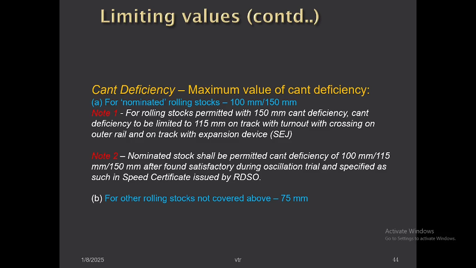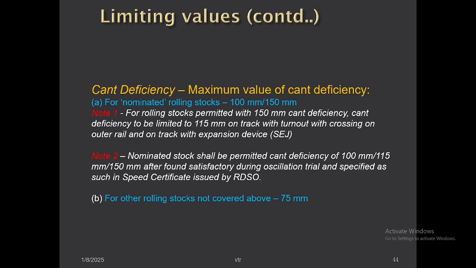That is the difference between the cant required for that higher speed and the actual cant. Okay, that is called the cant deficiency. That is limited to, see here, 100 mm and 150 mm. Okay, that means for rolling stocks permitted with 150 mm cant deficiency, the cant deficiency should be limited to 150 mm